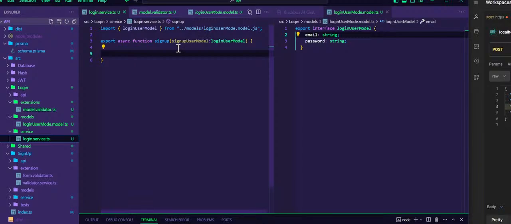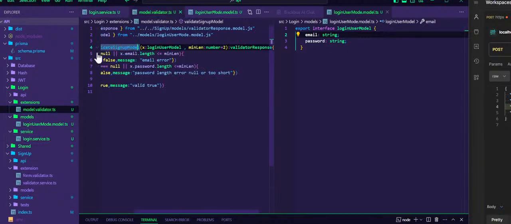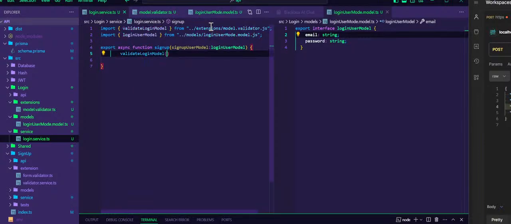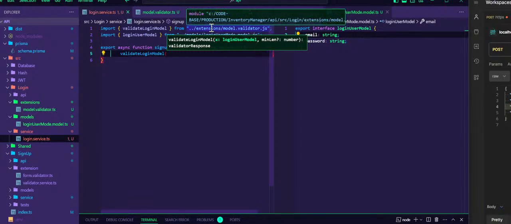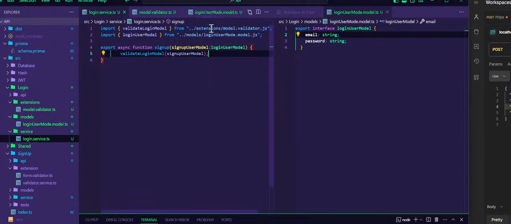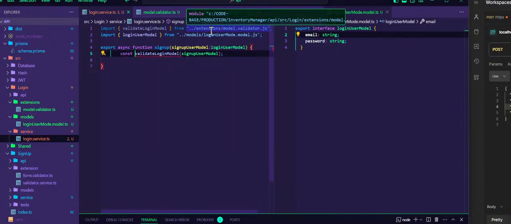Now that the validation's done, you can call the validator method. Let's rename the validation method first. That's login model. Yep, so simple as that. We pass in the object. If that's a valid result,